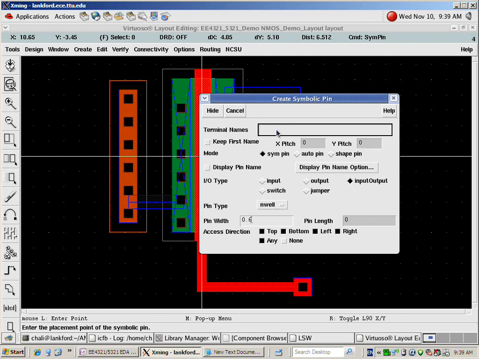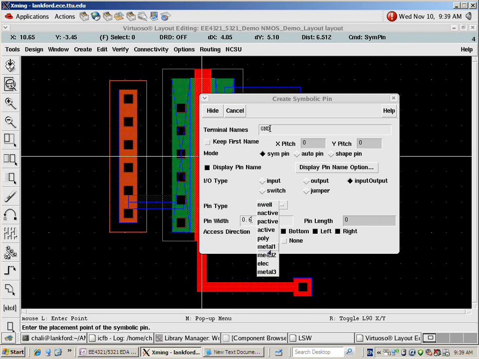And the terminal name, first of all, let's take care of ground. And I choose this, enable display pin name, so that I can see the name of the pin. And this pin is an input output pin, and the pin type is metal 1, because I'm using metal 1 for the signal route. And now I move the mouse into the layout, put a pin over here,